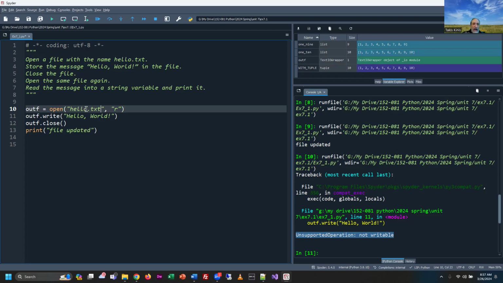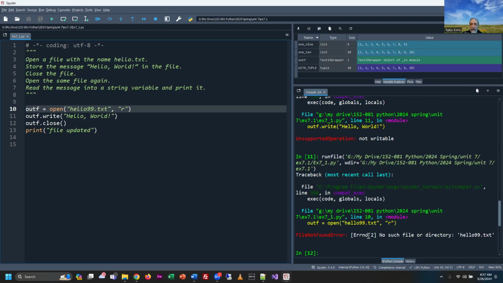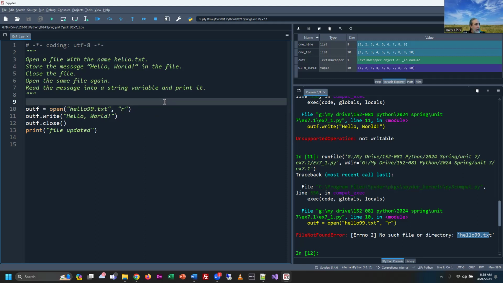Or what if I have a different file named hello 99, right? What if I do that? Because that file doesn't exist, in this case we're getting an exception that says no such file or directory, hello 99. We already figured out that if we have it in write mode and the file doesn't exist, it just creates it. But here, if we're trying to read it, that creates a couple different issues. So what I'd like to demonstrate, just for the sake of demonstration, and you don't necessarily have to keep it like this, by the way,